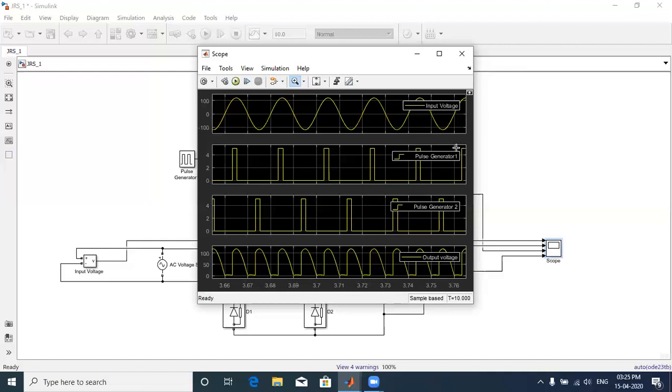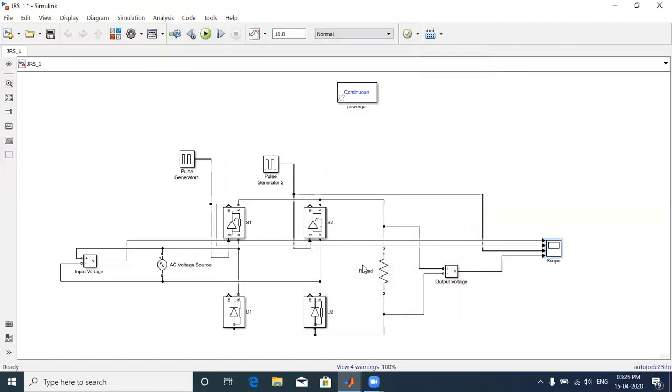Okay, so in this way you can simulate different circuits of power electronics in Simulink. And now what you can simply do for implementing semi-converter with RL load is just change this. You have to add the RL load. So you can right click on it, in the properties you can change the type of the branch, that is, you have to select RL and then just save that and see the waveforms.